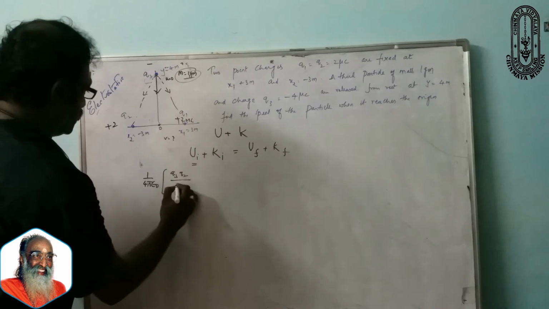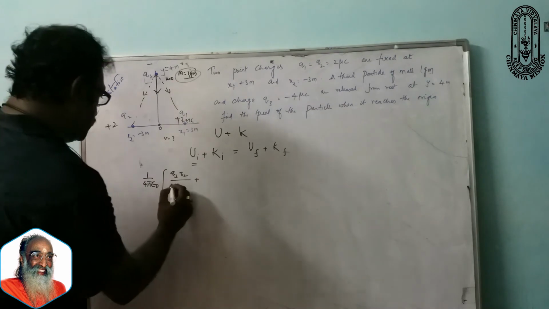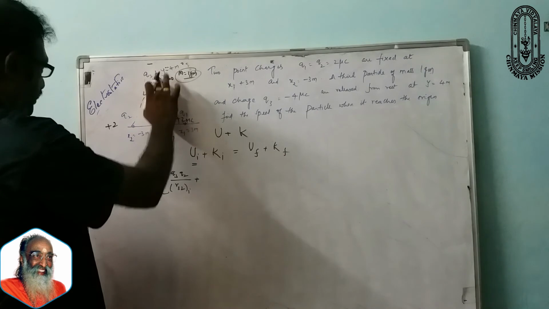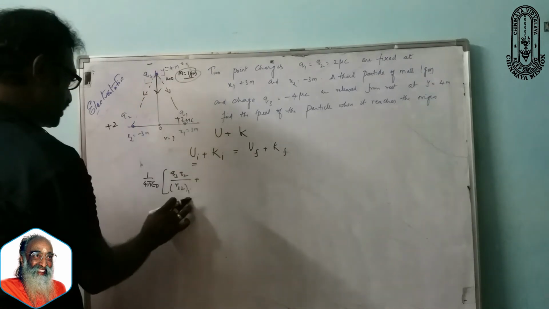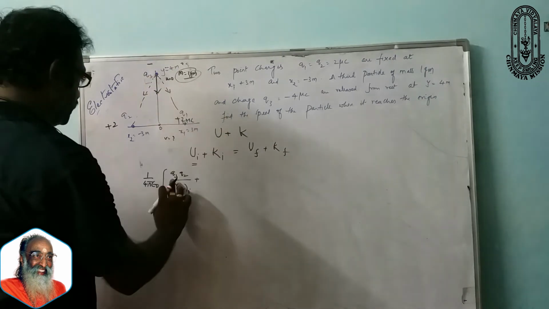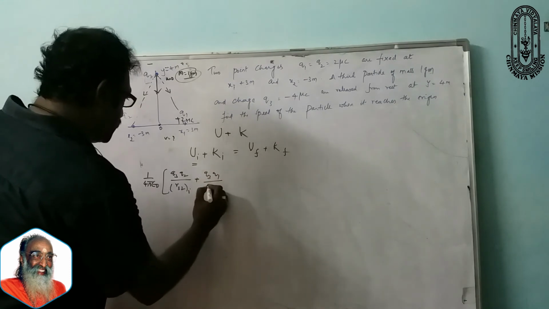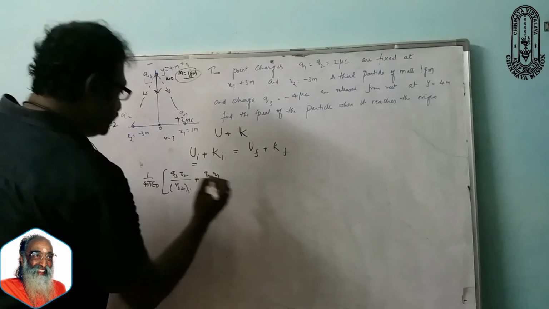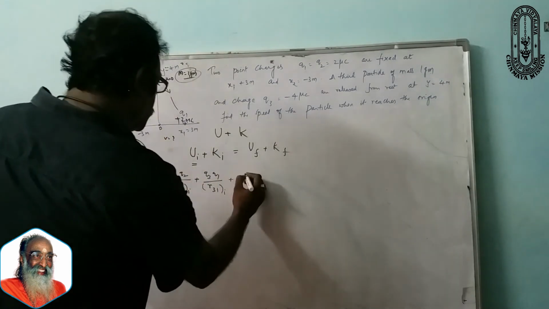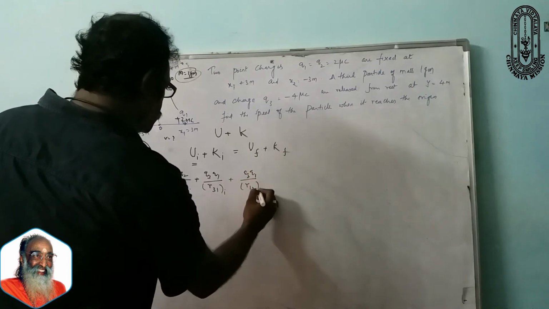Q3 and Q2 are 32 plus. Let this be initial, because when the particle is there it will be initial. When it comes here, this becomes final, so I am mentioning it as I. And initially Q3 is here, between Q3 and Q1, it is R31 initial, and after Q3 I am coming to Q2 and Q1, R12. So this is initial.